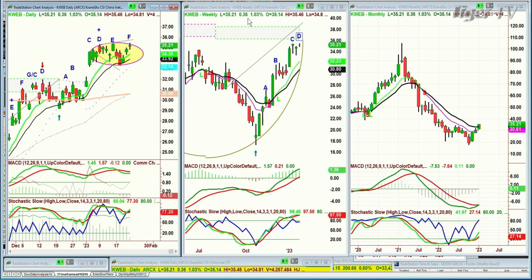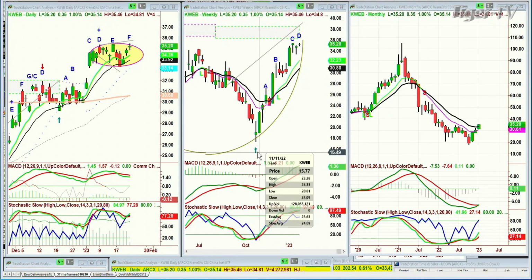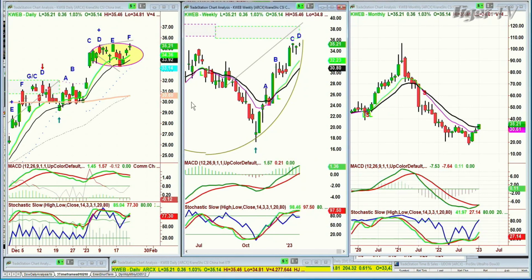So this is QQQ, which is the KraneShares China Internet, I believe. Done extremely well, that's really putting it mildly. It had a low back in October, was it November, October? No, it was the week of the 11th at 20.81. It's trading right now at 35.21. I mean, that's fabulous. So look at the monthly. Don't even look at the monthly chart, that'll make you sick. But look at this, how beautifully it's done. And I had a Chapman wave inside